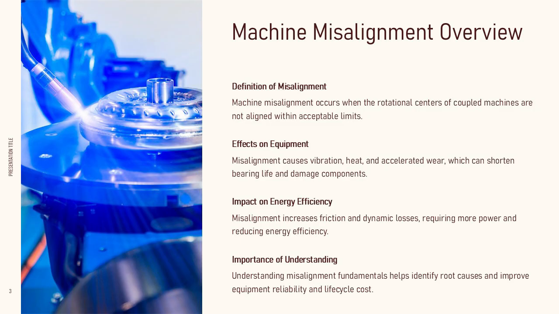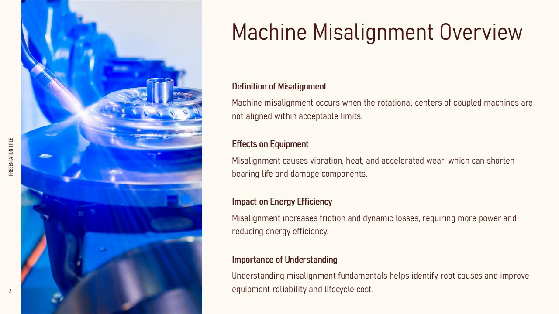Machine misalignment refers to the condition in which the rotational centerlines of two or more coupled machines, such as a driver and a driven unit, are not aligned within acceptable tolerances. In industrial rotating equipment, proper alignment ensures that power is transmitted efficiently from the driver, typically an electric motor, turbine, or engine, to the driven machine, such as a pump, compressor, fan, or gearbox. When alignment is incorrect, excessive forces are introduced into the mechanical system, leading to vibration, heat generation, and accelerated wear of components. Misalignment is one of the most common root causes of rotating equipment failure and is frequently underestimated during